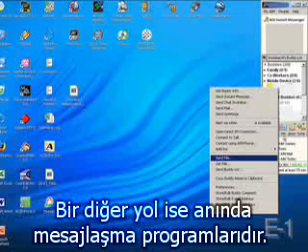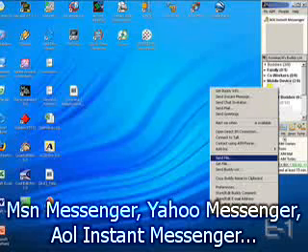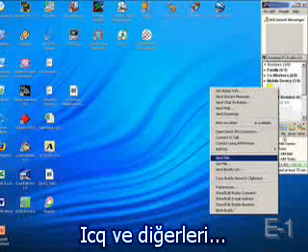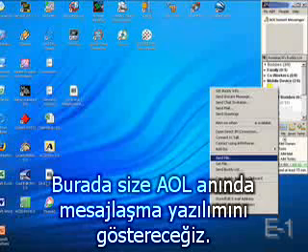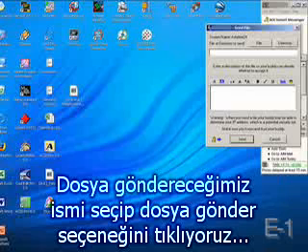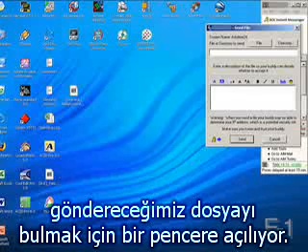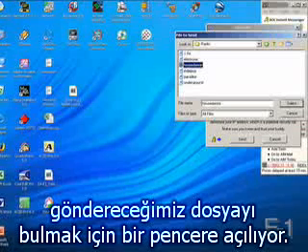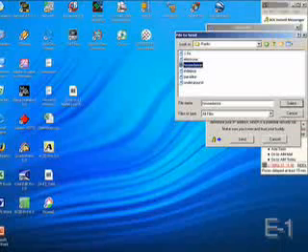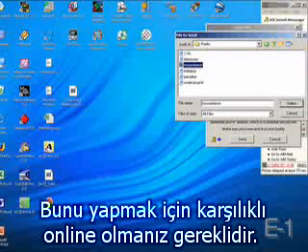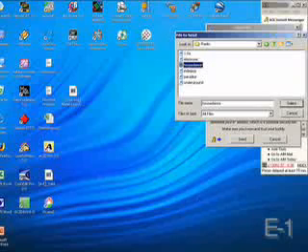Also, you may have heard of sharing files through instant messaging services such as MSN Messenger, Yahoo Messenger, AOL Instant Messenger, ICQ, a long list. What we're showing here is AOL's Instant Messenger. As you can see, it lets you click on the person's name that you're trying to send to, and then you go and browse for the file or directory that you want to send, and off you go. Both of you have to be online in order to do this, so there's a little bit of inconvenience there,